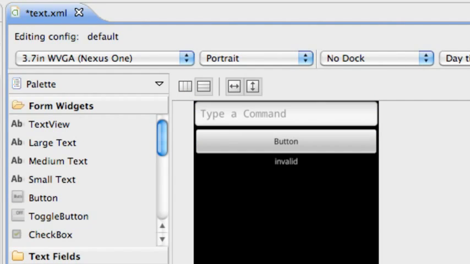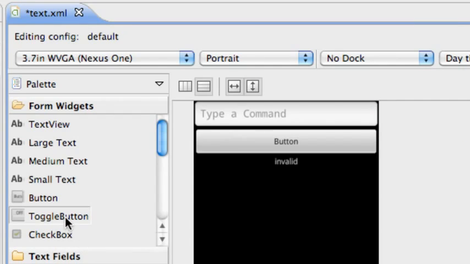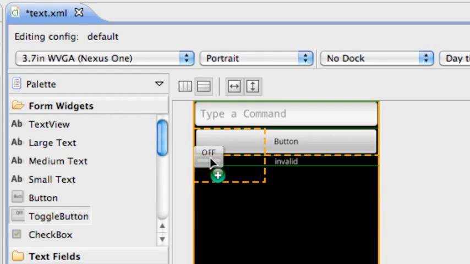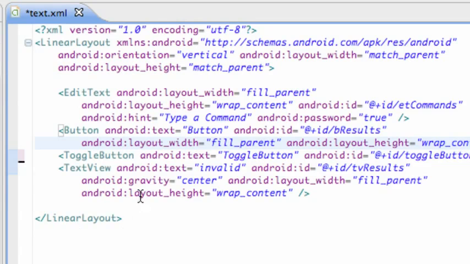What we're going to do in this tutorial is some more XML, show you some more customized features that you can use and methods, and also some other widgets that we can throw in there. So what we're going to do first is go into your graphical layout and use a toggle button. I'm going to show you how to use this. We're going to throw this in between our text view and our button, right there. And then we want to have this toggle button on the same line as this button. So now we're going to define it in the Android